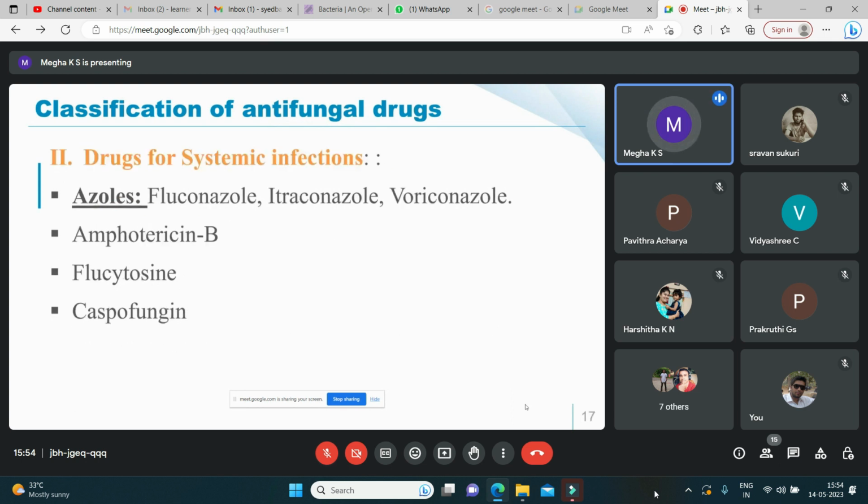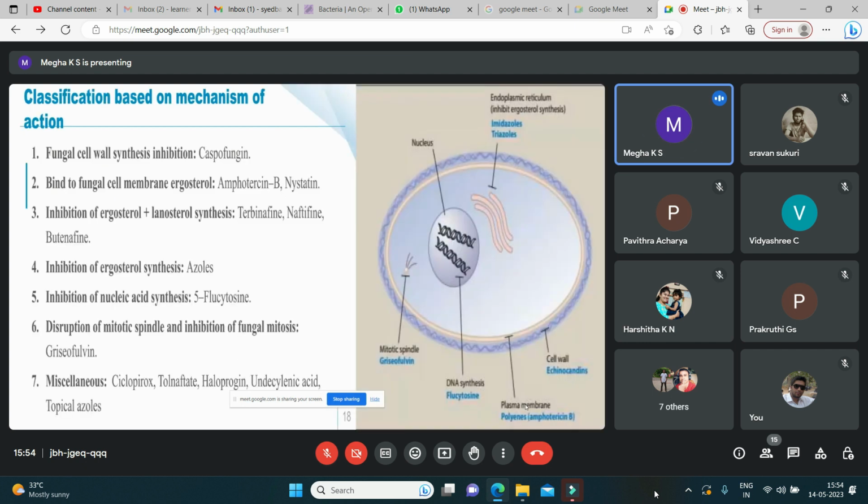Drugs for systemic infections consist of azoles: fluconazole, itraconazole, and voriconazole, and most importantly, amphotericin B, flucytosine, and caspofungin. Classification based on the mechanism of action: fungal cell wall synthesis inhibition, caspofungin; and binding to the fungal cell membrane ergosterol, that is amphotericin B and